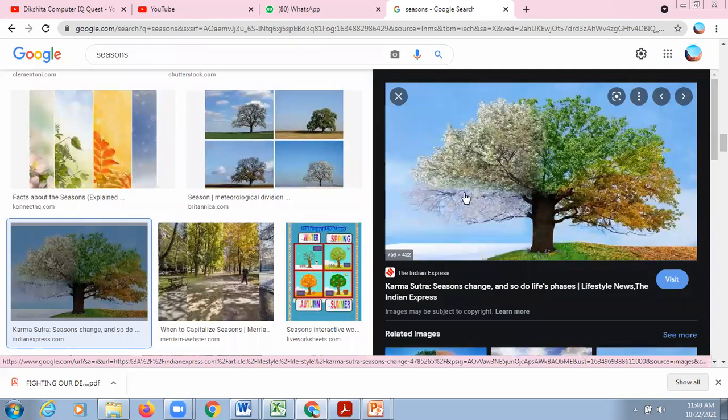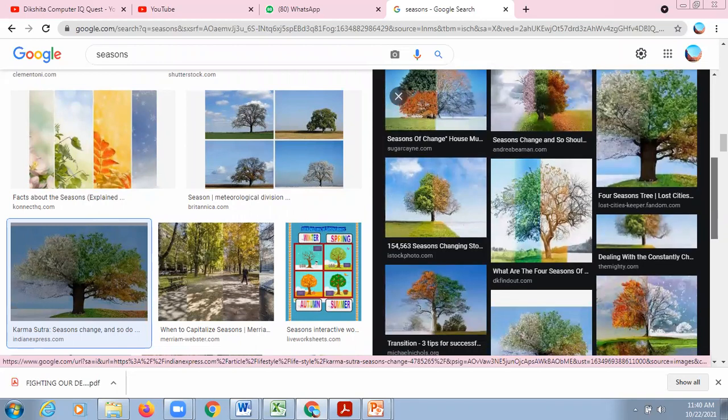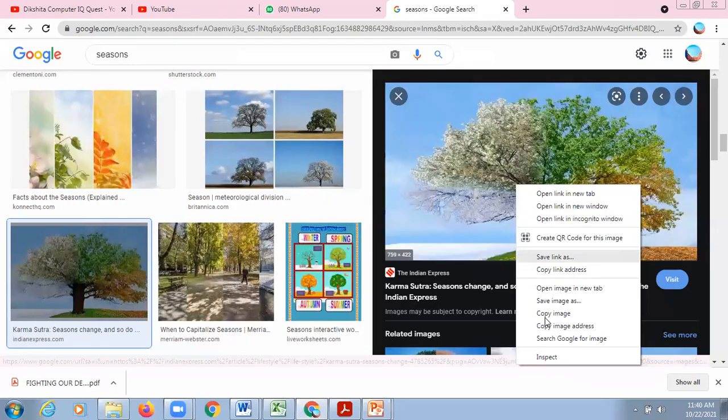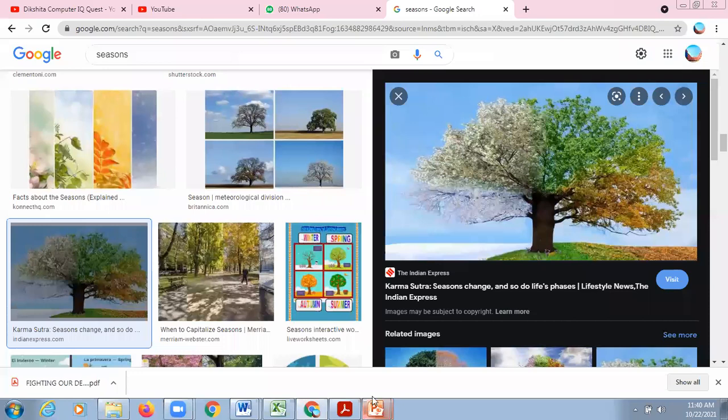A tree with many different shades. Let's add it, try it, copy, paste.